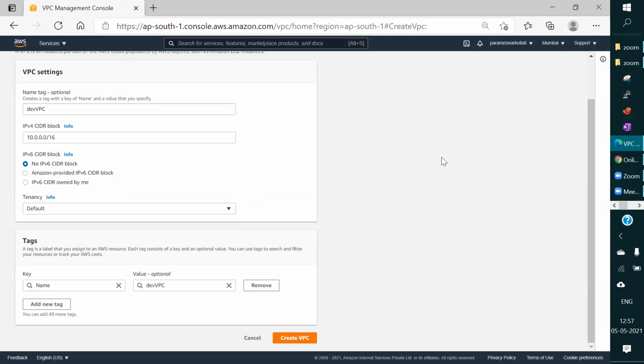We are not using a dedicated tenancy, because we are not choosing our own data center, right? If you have reserved instances, for suppose,